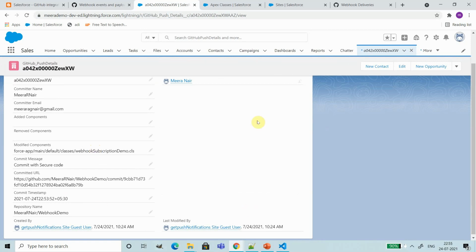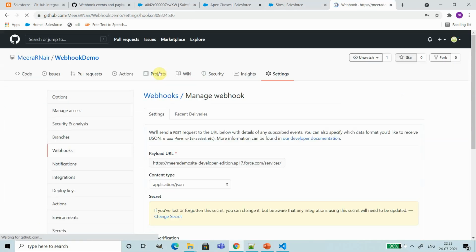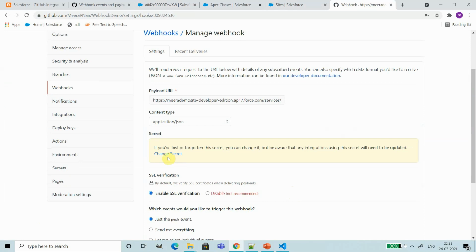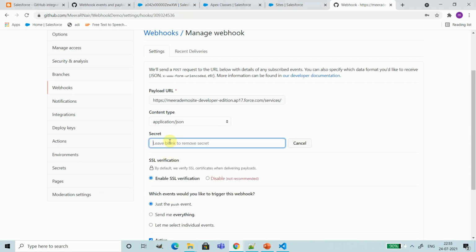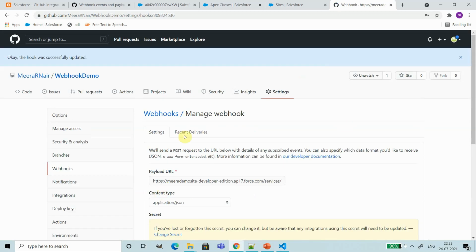Now, suppose we modify the secret value to something else, or we try to reproduce a scenario where the sender is not a valid one. So I'm going to change the secret to web. Let me update this one.